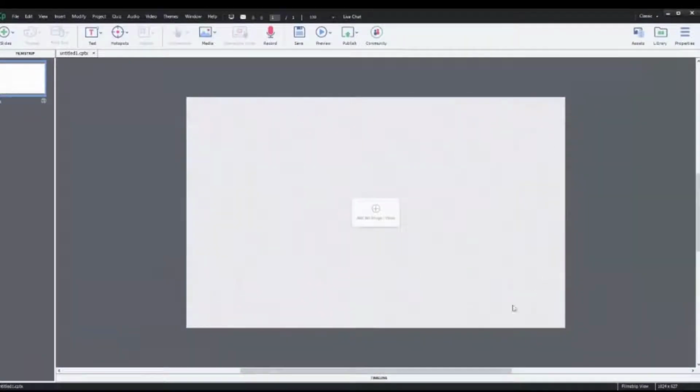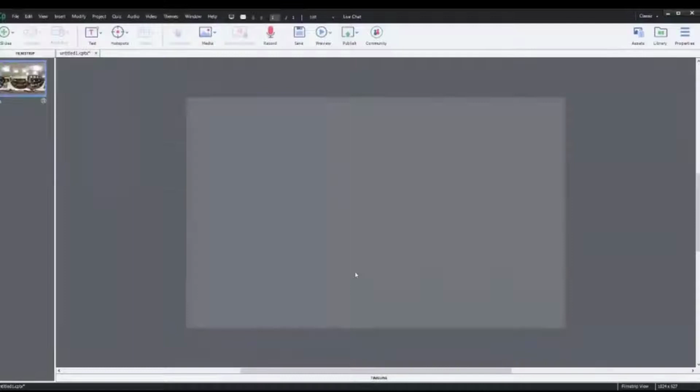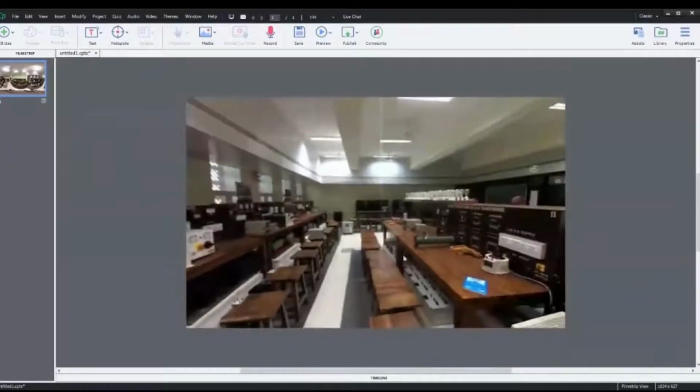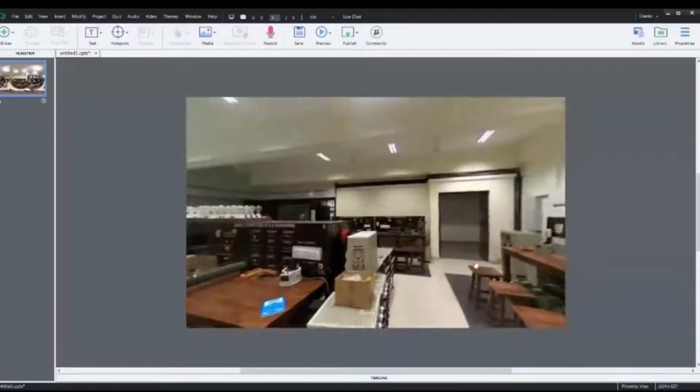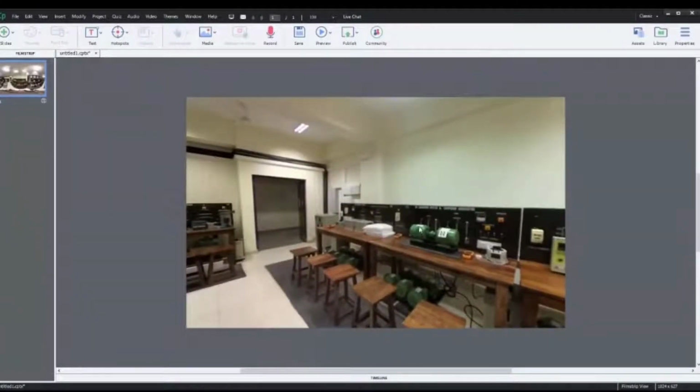You can see that there is a blank slide, and this is essentially a blank 360-degree sphere. It says we can add a 360-degree image or video here. We've already captured 3 images from our energy conversion and systems lab, which I've kept on the desktop. So I'm just going to import them. I want to include the first image, and the 360-degree image has been loaded. And what we want as an example at this point is to ask a student who starts this assignment, what exactly is this equipment?